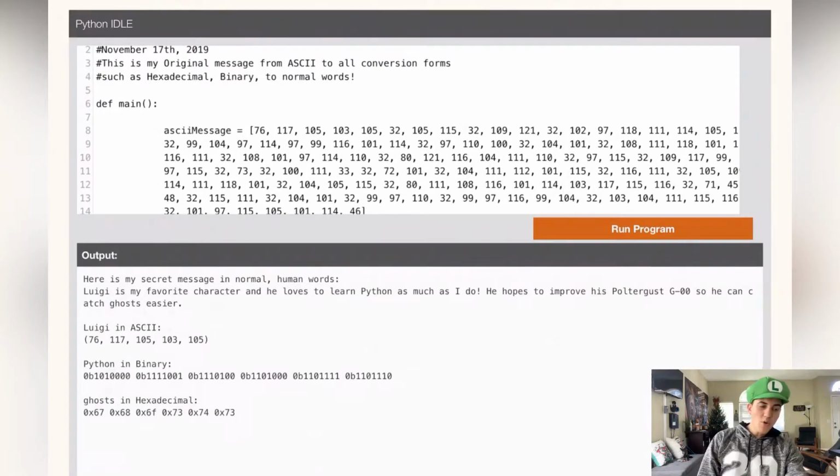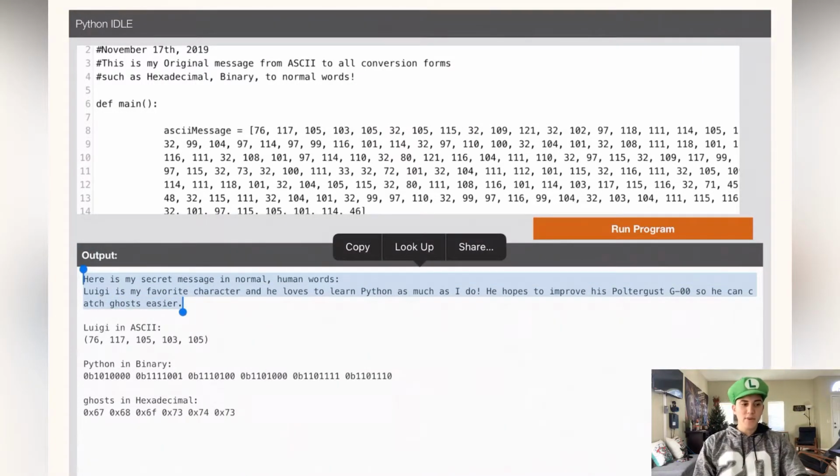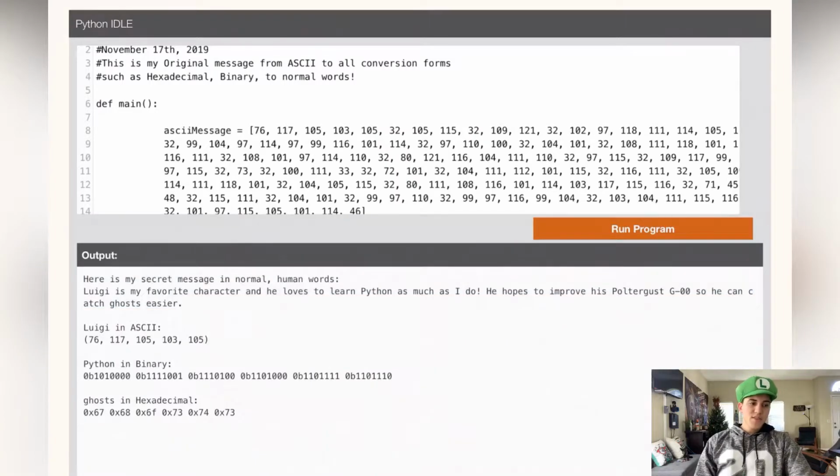This whole line 3 series, I'm trying to mark it. This whole thing is the ASCII message value, which says Luigi's my favorite character, of course. Luigi time. And he loves to learn Python as much as I do. He hopes to improve his poltergeist G00. Play Luigi's Mansion. I want it for Christmas. And so he can catch ghosts easier. So yes, pretty much that's the message. So as we scroll down,